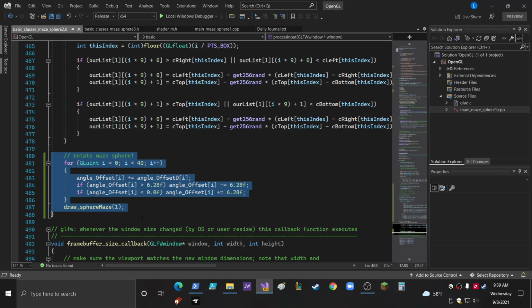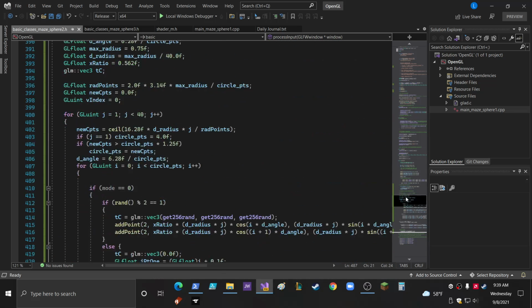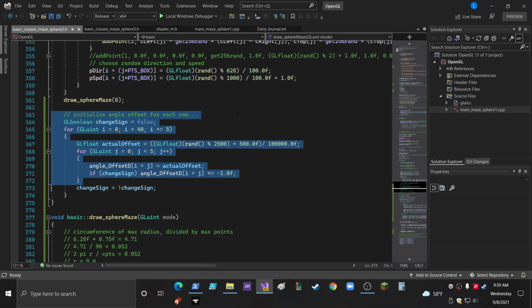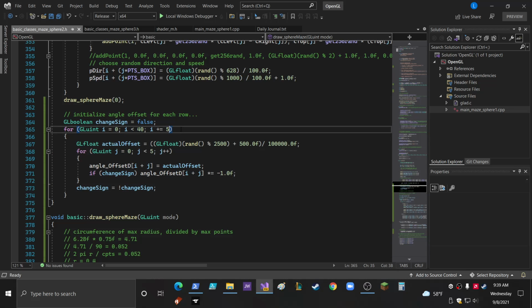There's the draw. This is the code to update the sphere. I just called it mode 1 there, and then there's that. And then the initialization code for the sphere is right here. Actually, I'm going to change this to 3 because I want every third one to rotate